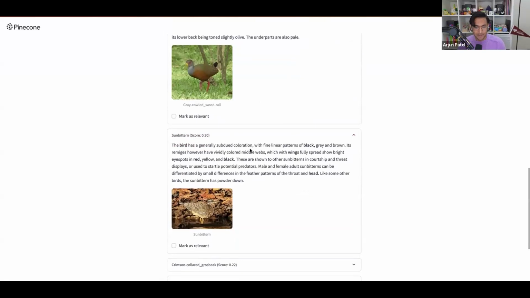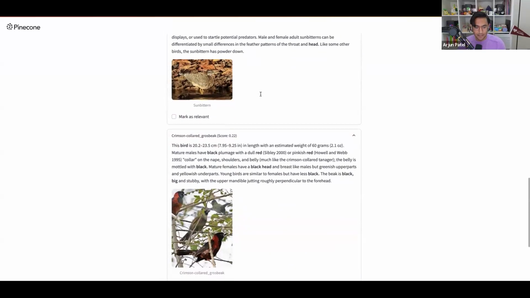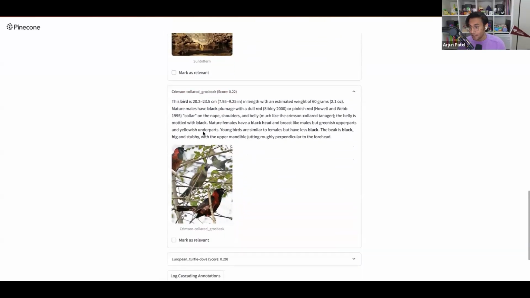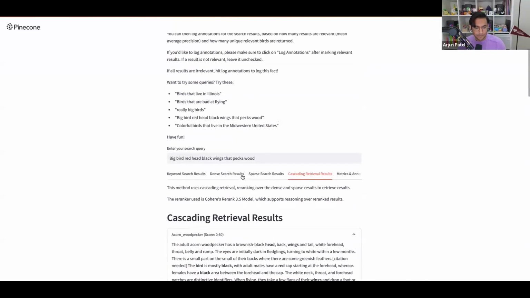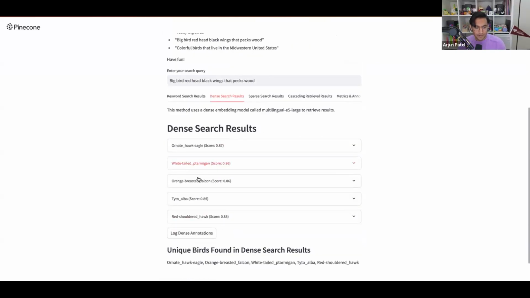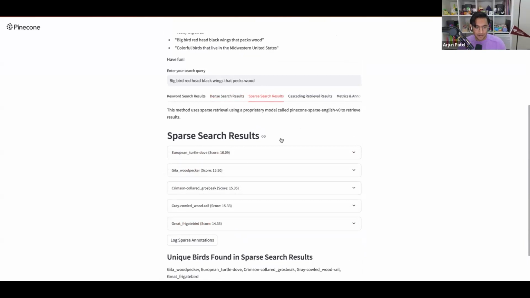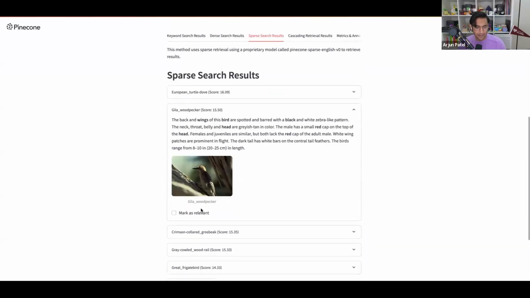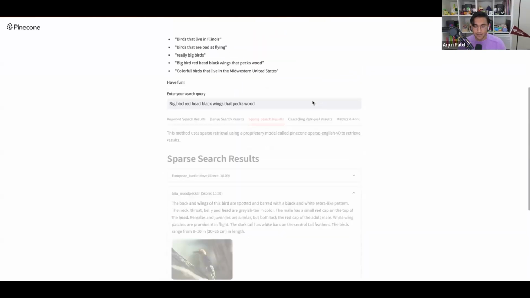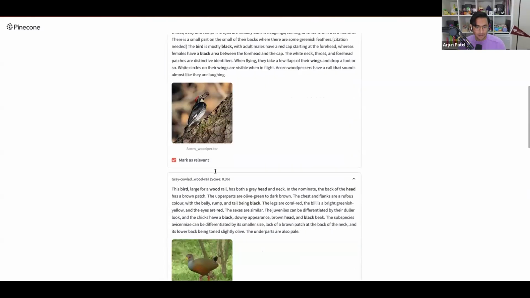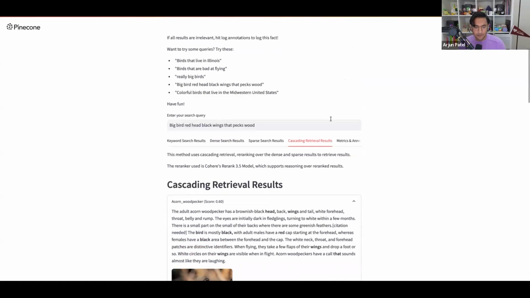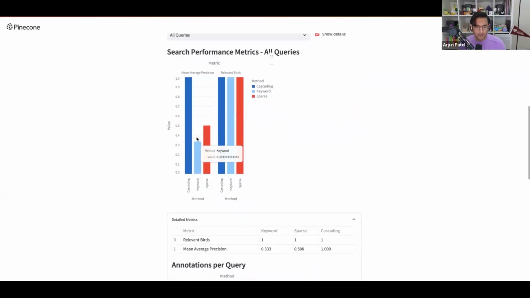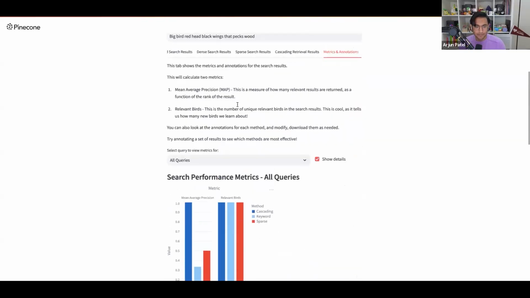We get some other results here, which aren't necessarily exactly what we're looking for. We get overlap, which is what we were looking at prior. If we look at the dense results, it doesn't seem like we're getting anything interesting there. And with the sparse results, it looks like we are getting another woodpecker, which is great. So I'll go ahead and log this here, and I'll log this here. And now we can compare and see what is keying out and what isn't.